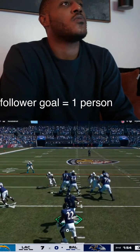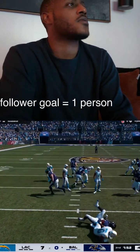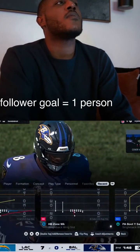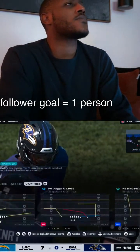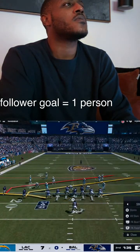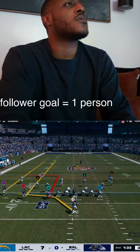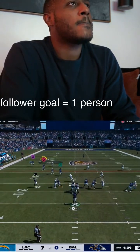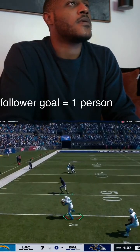Henry. 2 yards the loss, and now 3rd and 12. An interesting and intriguing decision there defensively, because they kept extra DBs on the field despite seeing the multiple tight end look that came out for the offense. I thought they were going to switch out of it. I didn't know if they felt they didn't have time or what the case was. Well, in any event, the extra speed allowed for...